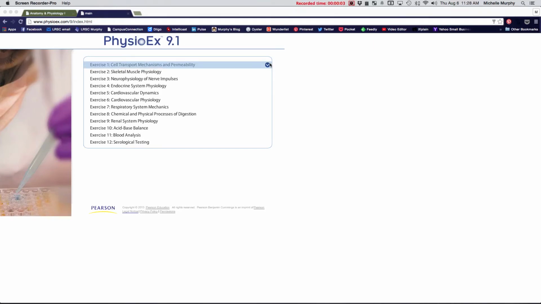In this video, we're going to look at how to run the PhysioEx labs. When you log into the PhysioEx, you can access the labs two different ways. You can either log in here to physioex.com and then put in your username and password, or you can log in with a CD. To get your username and password, you would use the code that's on the inside cover